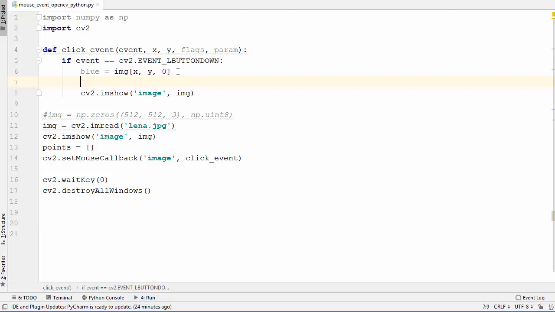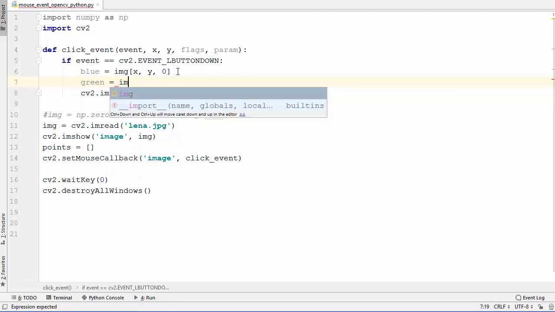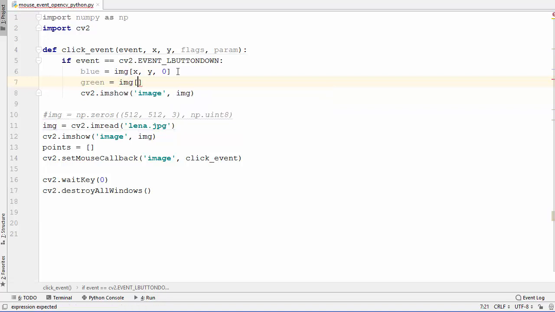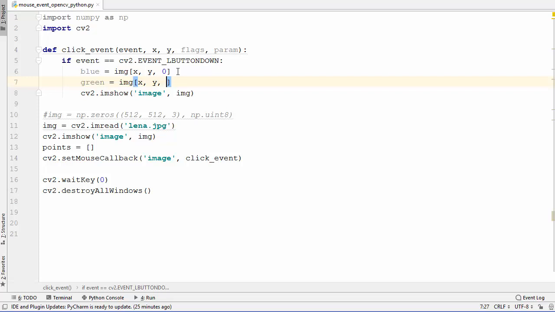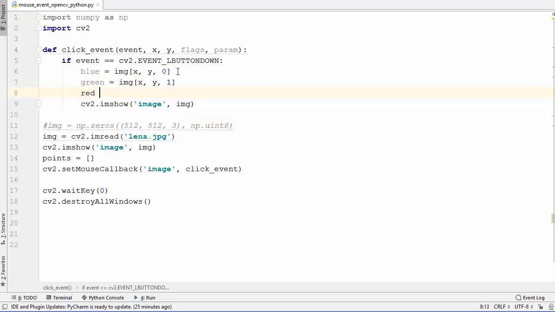Same we will do for the green channel. So green, I am G, and then x comma y, and then the channel index will be 1 here, and then we will just get the red channel from this image.